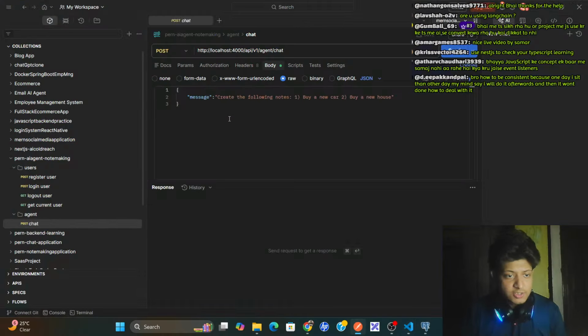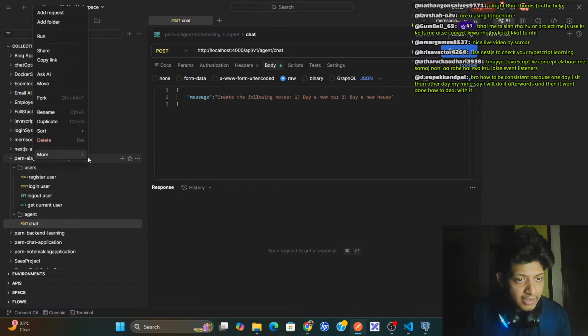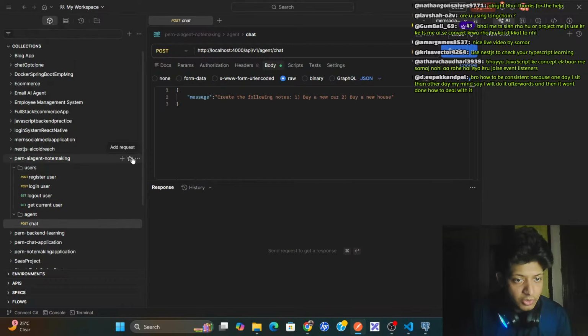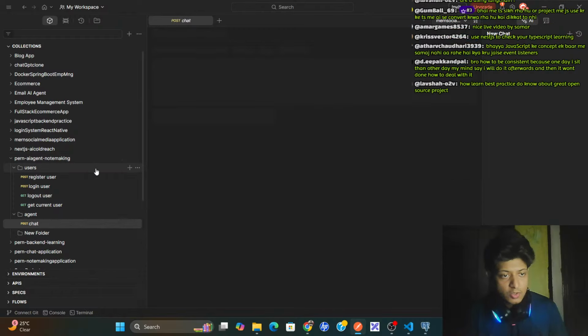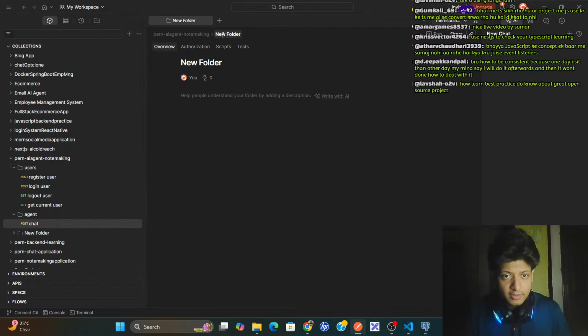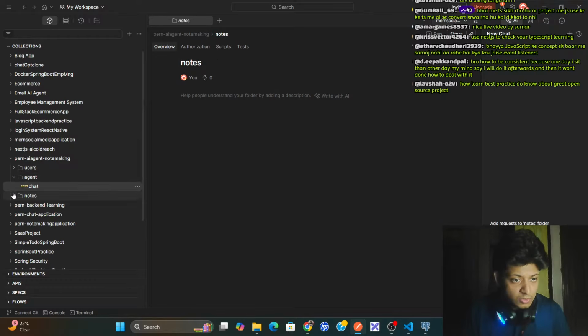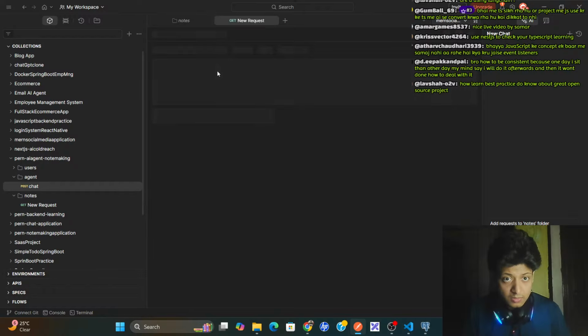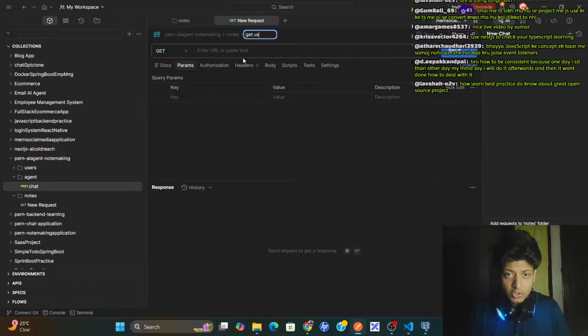I'll just check it once by myself, and here I'll create a new endpoint, a new folder. It should be nodes, and inside nodes I'll have a new request, get user all nodes.